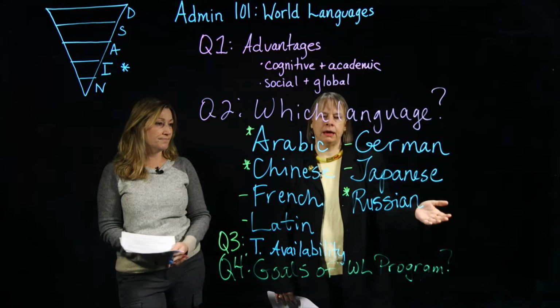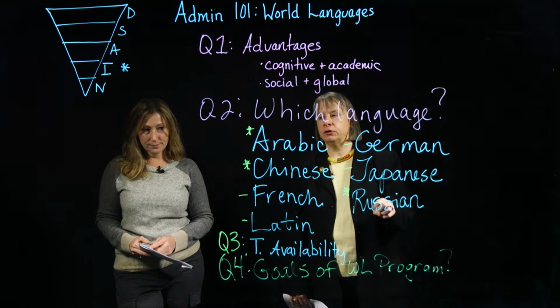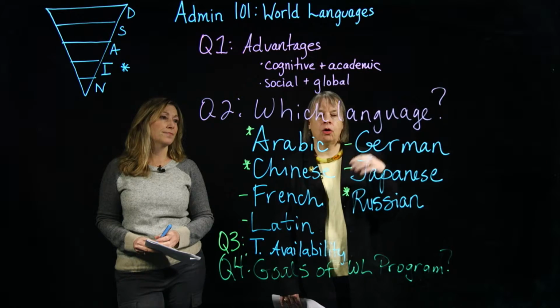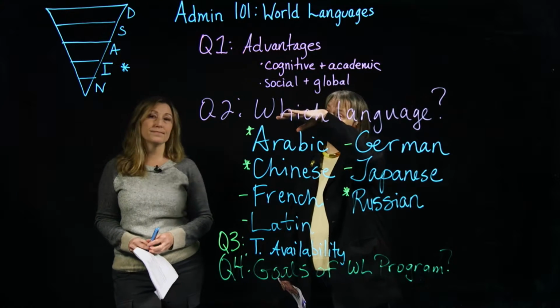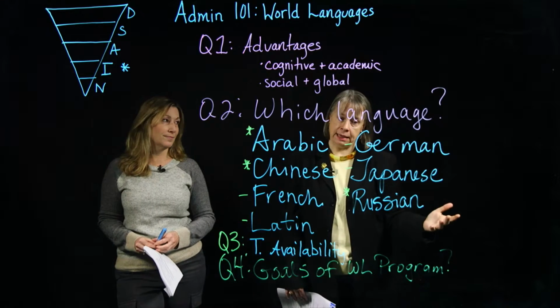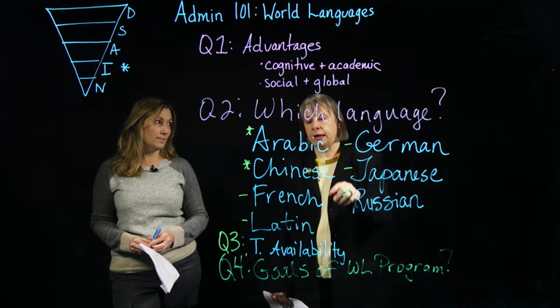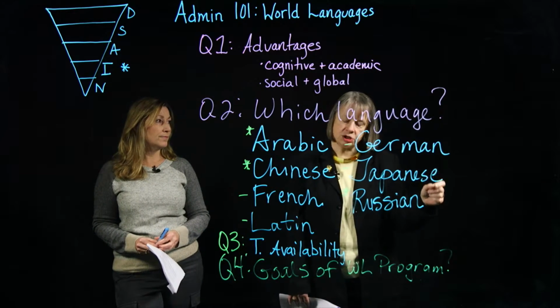And those languages that are often critical, Arabic, Chinese, and Russian, take longer and are higher level difficulty for native speakers of English. So as a result, it takes longer to get to intermediate if you are, for example, doing Russian or Arabic than it would if you were doing, say, French, German, or Spanish.